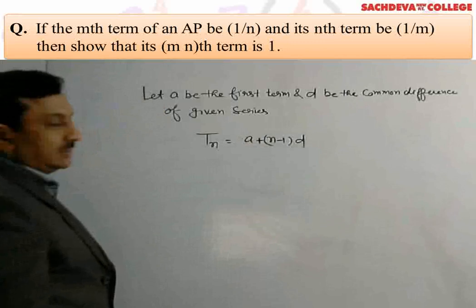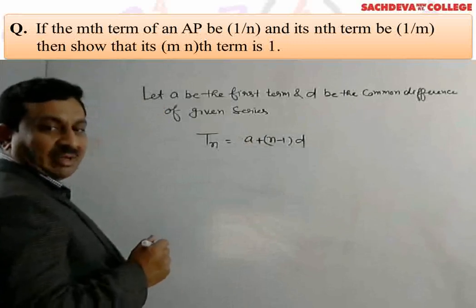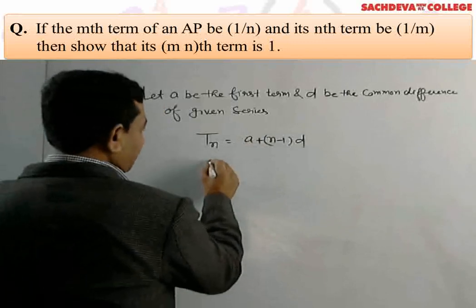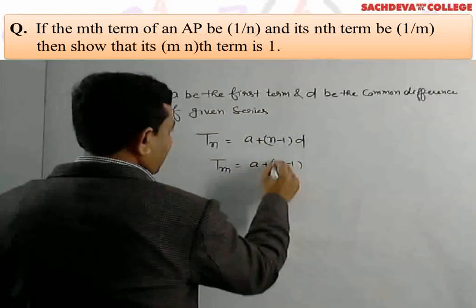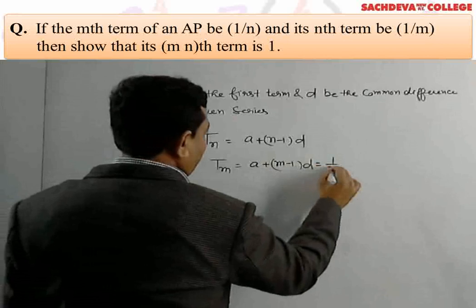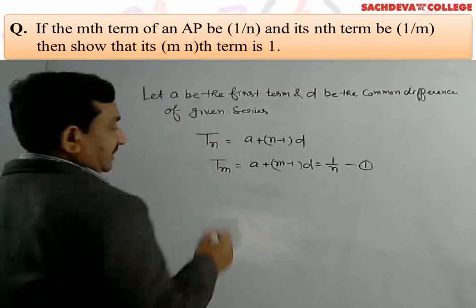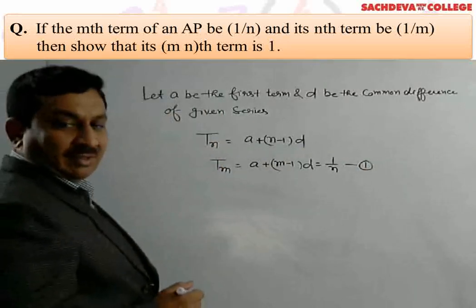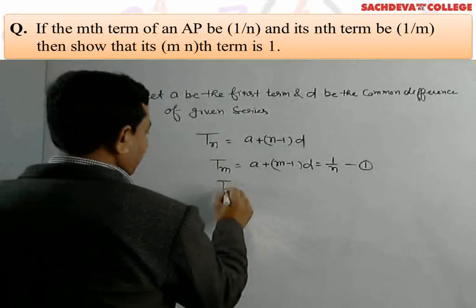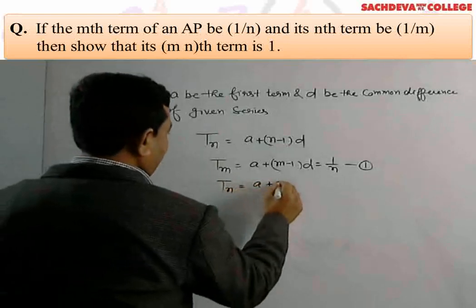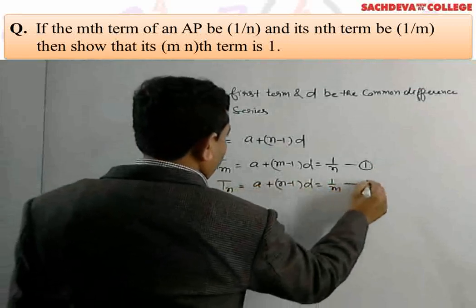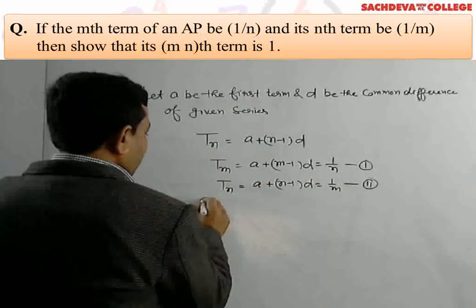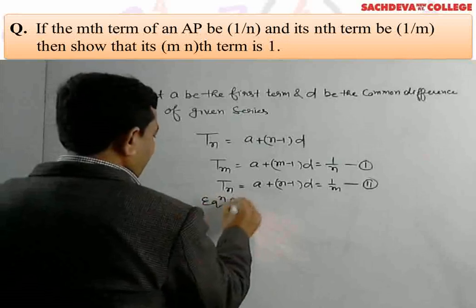Using this formula, given that the mth term is 1 by n, it means Tm is equal to A plus (m minus 1) into D is equal to 1 by n. Equation number 1. Similarly, given that the nth term is 1 by m, it means Tn is equal to A plus (n minus 1) into D is equal to 1 by m. Equation number 2. So equation 1 minus equation 2,